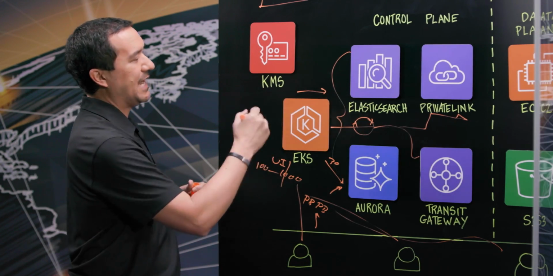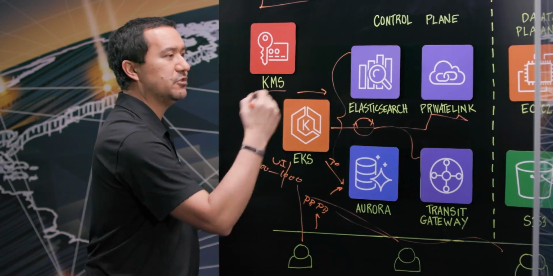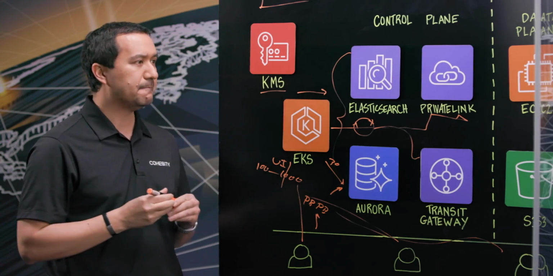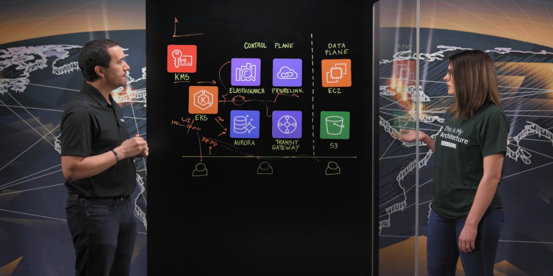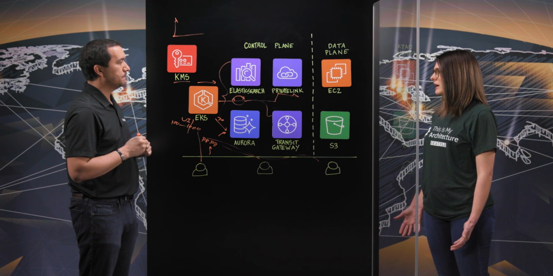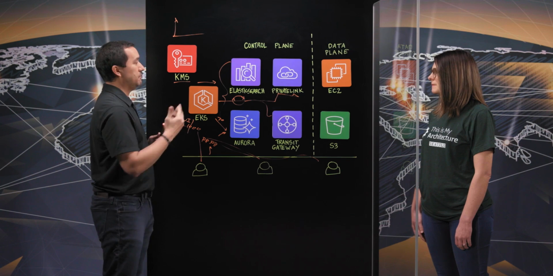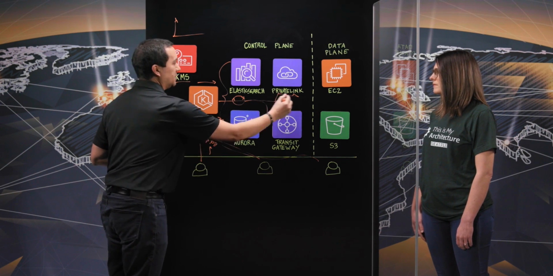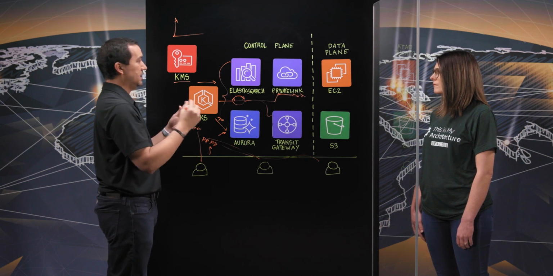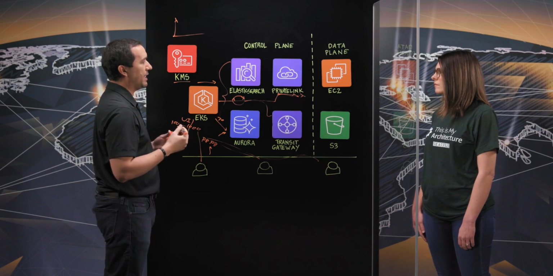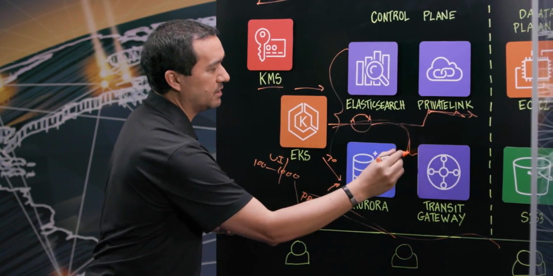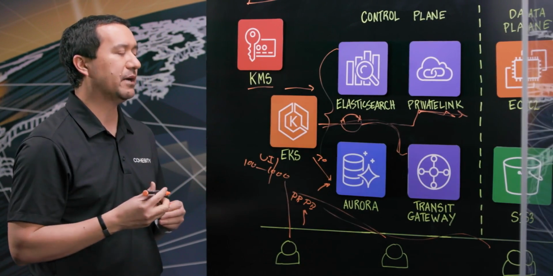As the data is moving in between, we're using KMS to encrypt the data to make sure that data in flight is secure, as well as stored securely. That's great. So for Private Link and Transit Gateway, say I want to have inter-region data as well as geo data. How does that work? Yeah, it works really great. The private link provides a secure connection, so if this is in the east and this data plane is in the east, it provides that private link. All the data stays internal and has the speed of the backbone. If I'm going to a different region across the country or a different geo, we're using Transit Gateway to make sure that data is secure, also leveraging the backbone of AWS.